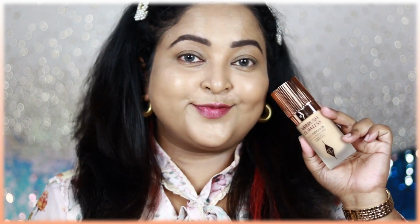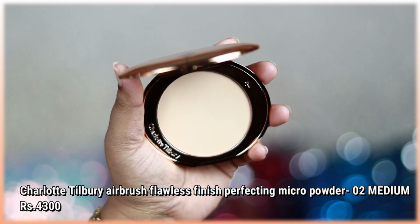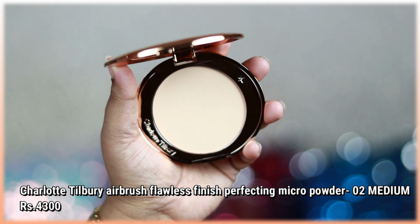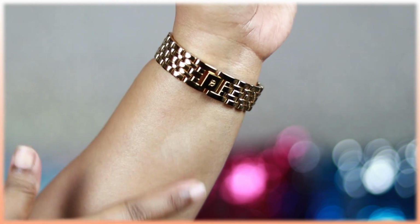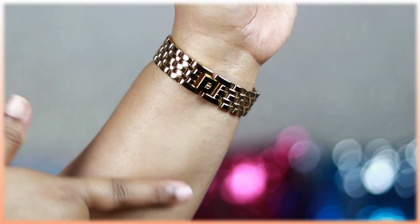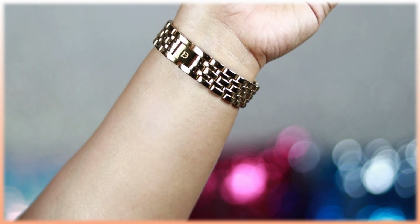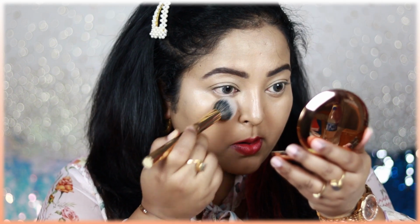Now it's time to use the Charlotte Tilbury Airbrush Flawless Finish Perfecting Micro Powder, which is in number 02 medium, and you can see this is just the smoothest, the most finely milled, and the most undetectable kind of powder that I have used till date, guys. It completely vanishes into your skin. It sets your makeup without being cakey on the skin,